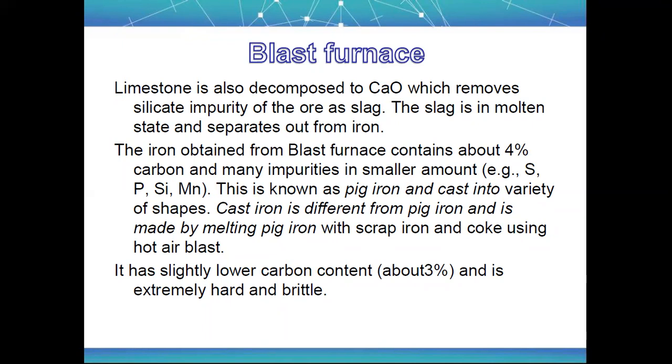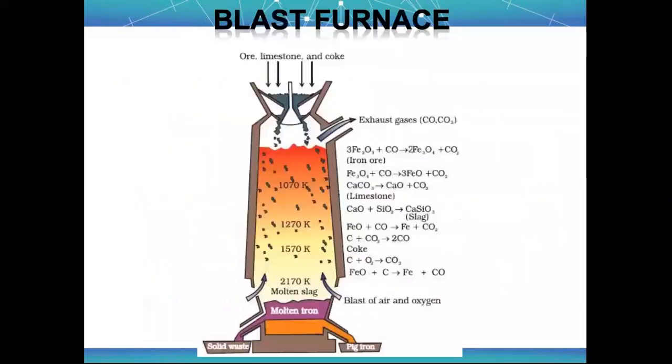Pig iron is soft. We use this type of iron to make delicate things, or things which can be molded easily. But cast iron is brittle and extremely hard. So where we need hard iron, that iron is cast iron, the comparatively pure form of iron, because it contains fewer impurities as well as less carbon.